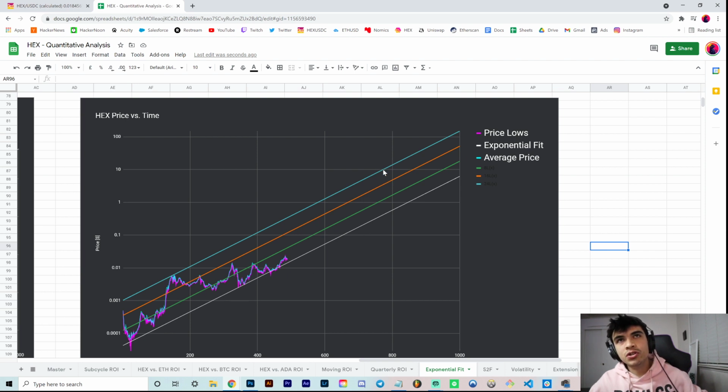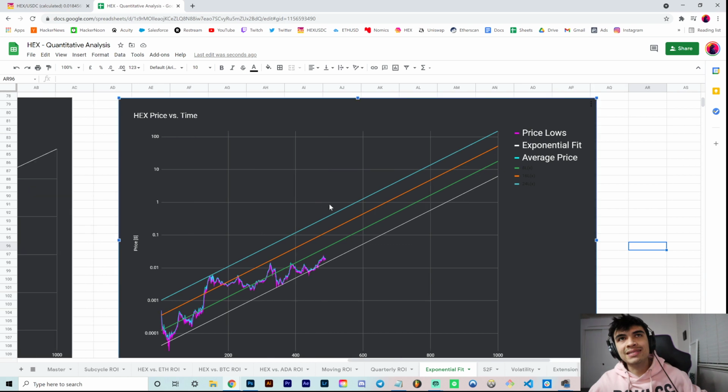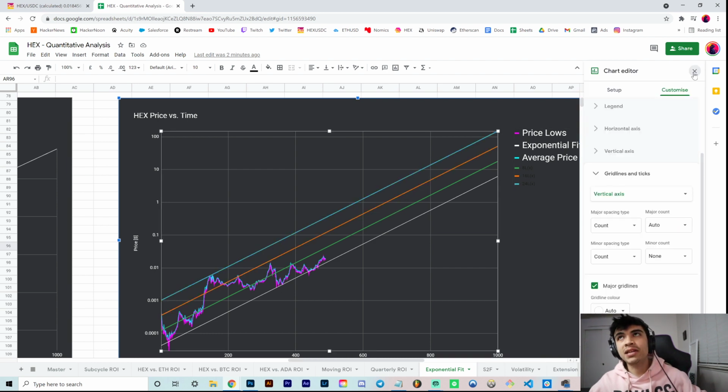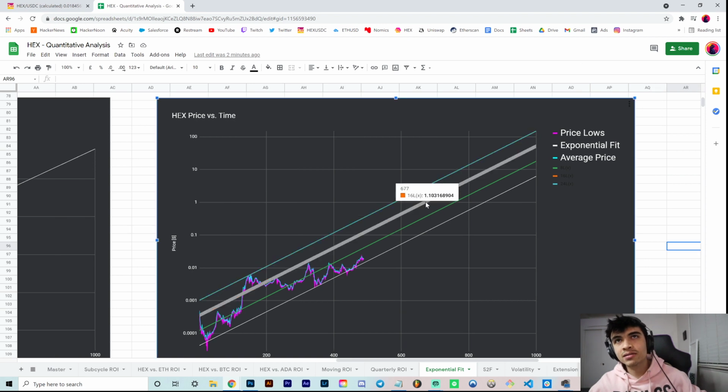but as you can see, in the not so distant future, these exponential fits cross the dollar region as early as day, what does it say over here, as early as, for example, if we were to reach this blue band again on day 580, however, if we never reach that again, we can still reach potential price of $1 per hex, day 677. If we were to reach it on this green band, it could be day 765, right? So in the next year or so, is $1 hex